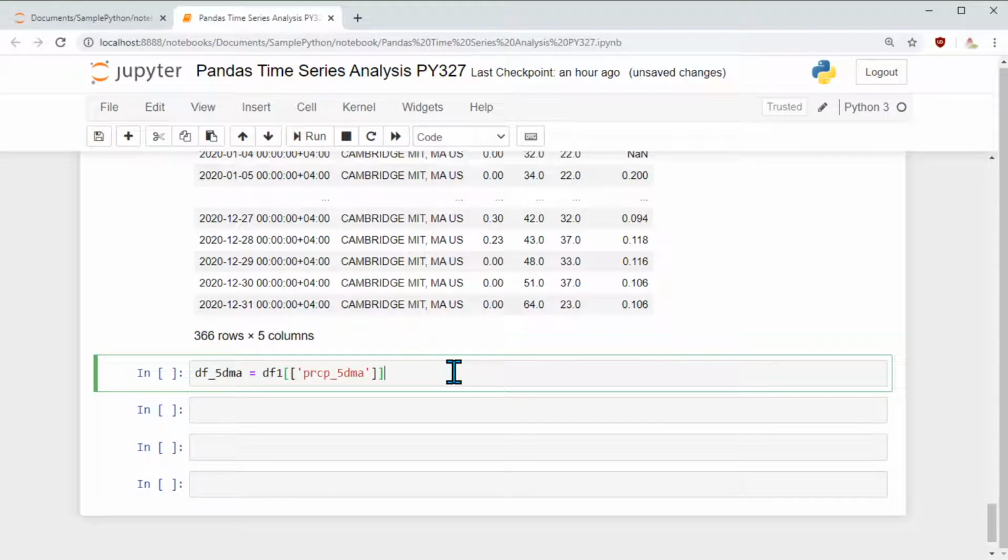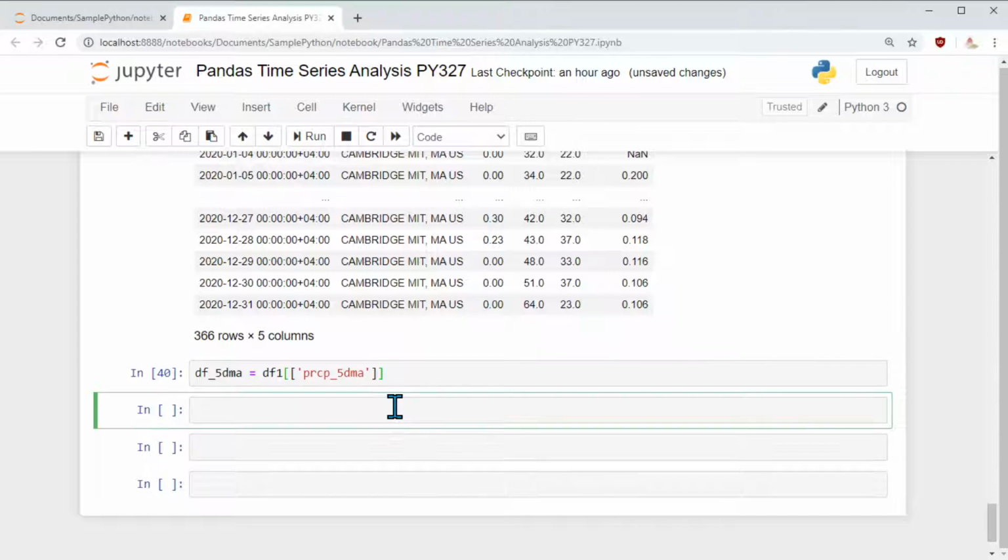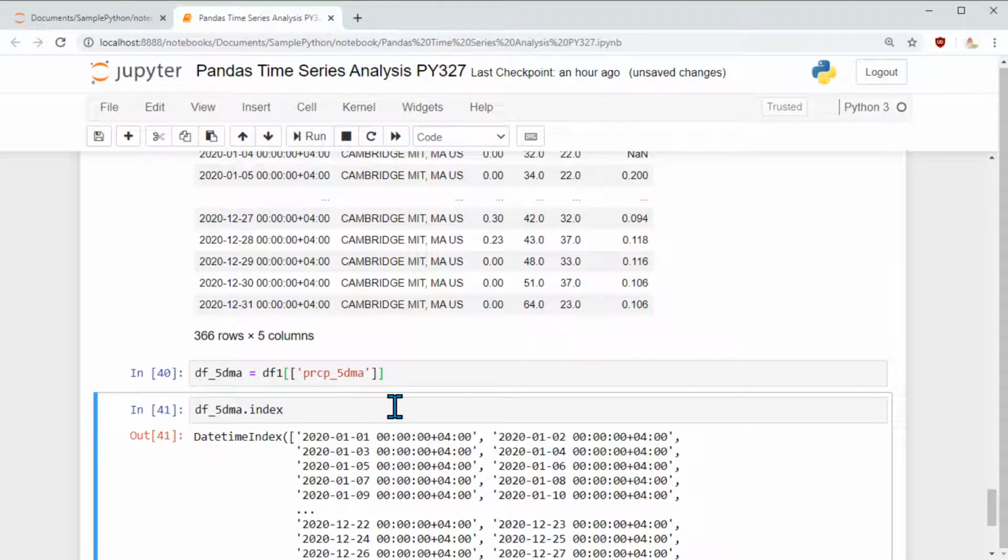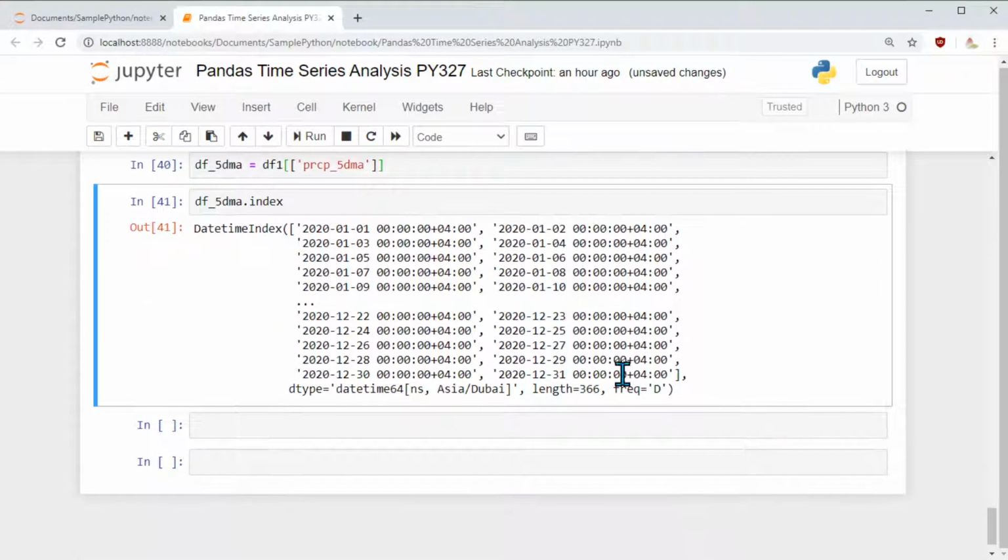I keep data frame 5-day moving average and store that into it, and then I check my index, and I see my index with day frequency. It's perfect the way I wanted, and it's getting all these values from the prior data frame.